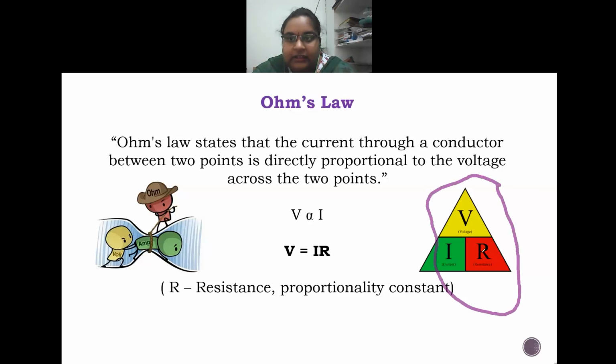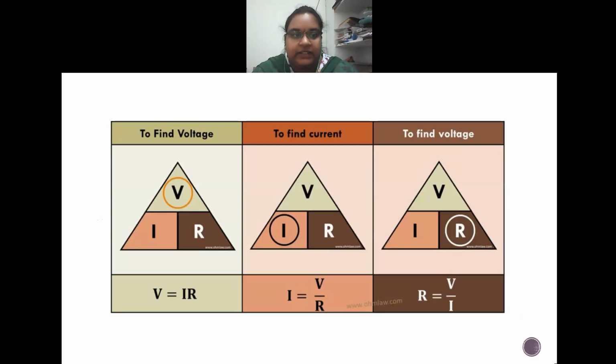This triangle is called the Ohm's law triangle, or otherwise the magic triangle, which will give you a relation between voltage, current and resistance. How does this triangle give us the relation? Like this. If you want to find the voltage,